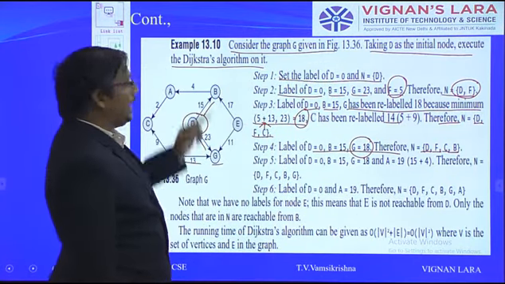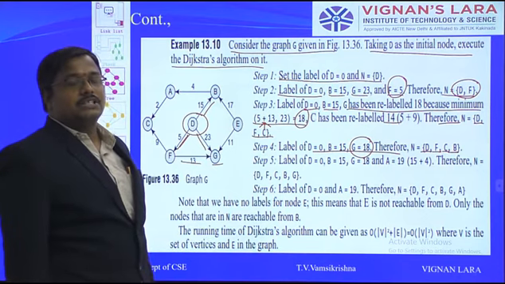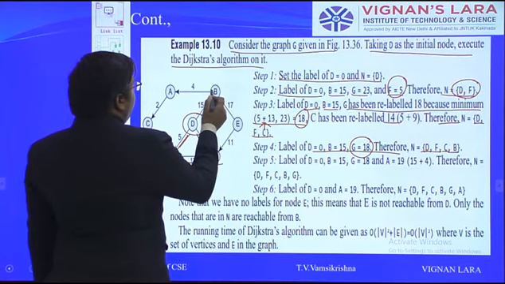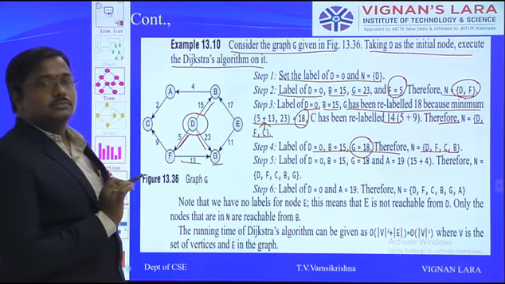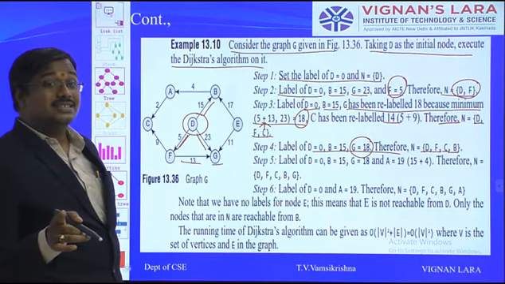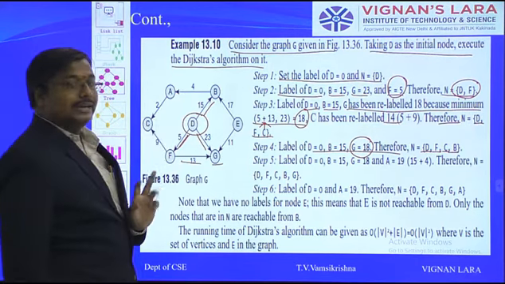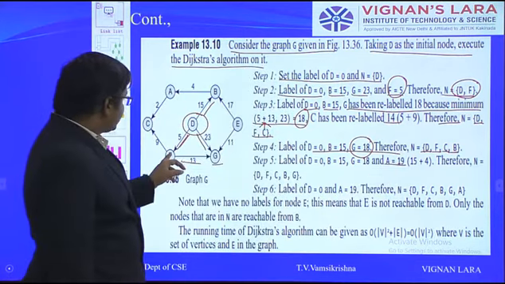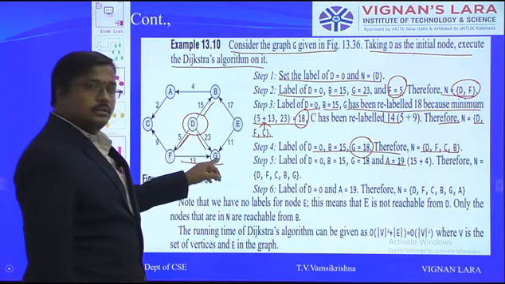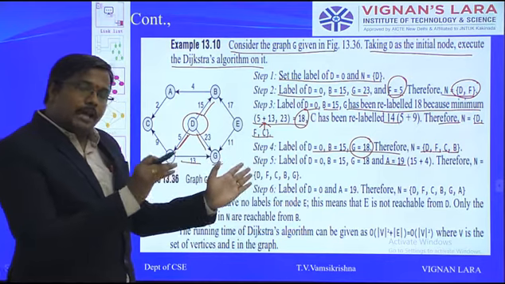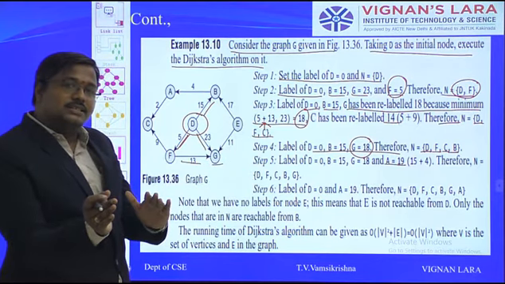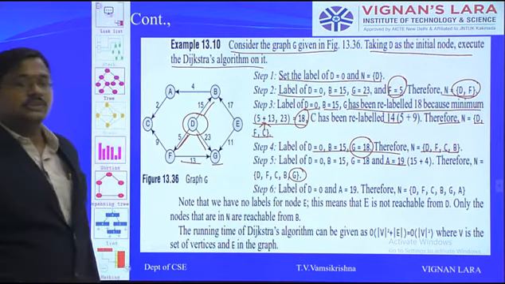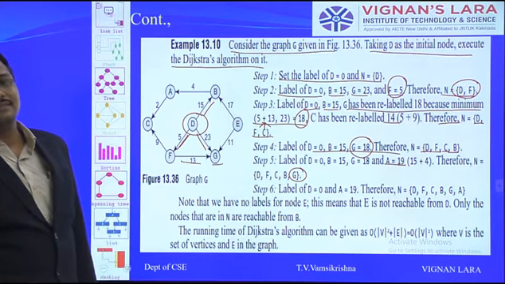When we move to B, it is because the shortest distance of B is 15. Is there any chance to move further? B to A you can move. The shortest distance for B to A is 15 plus 4, 19. So in the next iteration we consider 19. Here the shortest distance is 5 plus 13, 18, for G. Comparing 19 and 18, the shortest is 18. That's why we are adding G here.